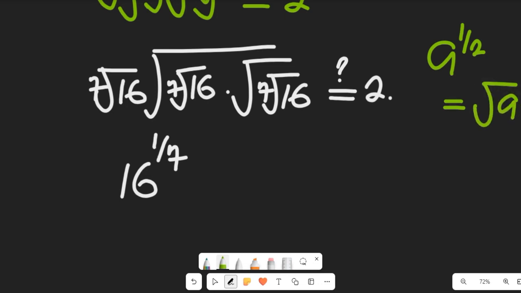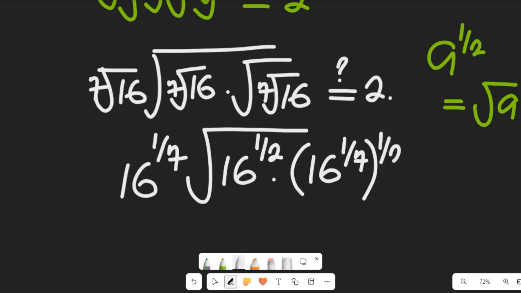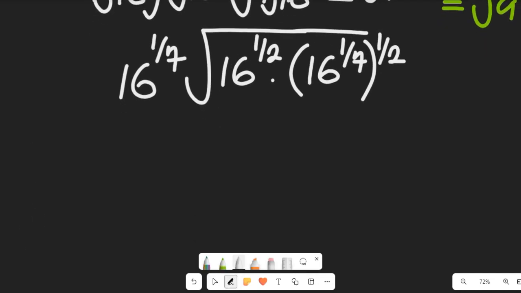So that will give us this, and this will be all to the square root of 16 to the power of 1 divided by 2 multiplied by 16 to the power of 1 divided by 7, and this will be multiplied by 1 divided by 2 because we have another square root here, which is this. So if we simplify, we're going to have that expression to now give us 16 to the power